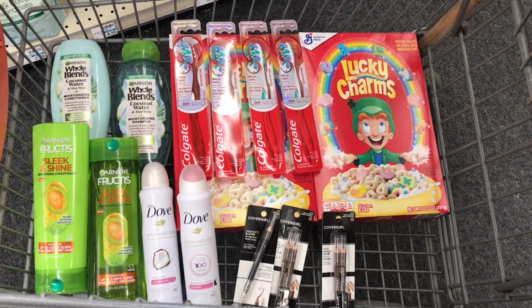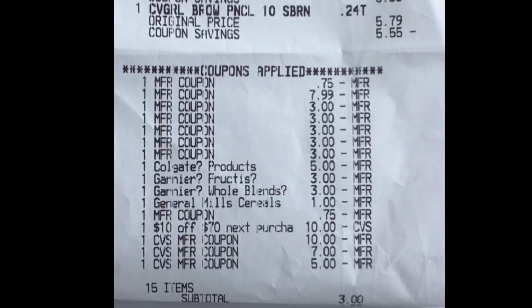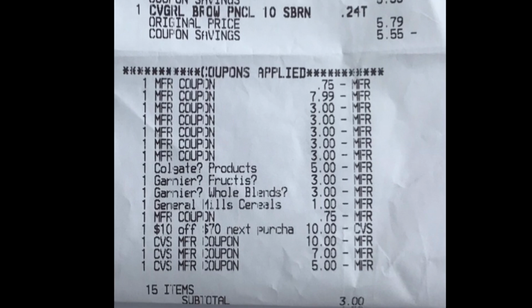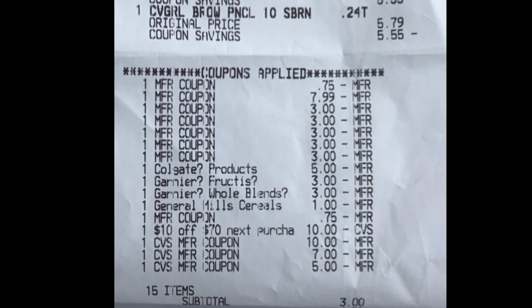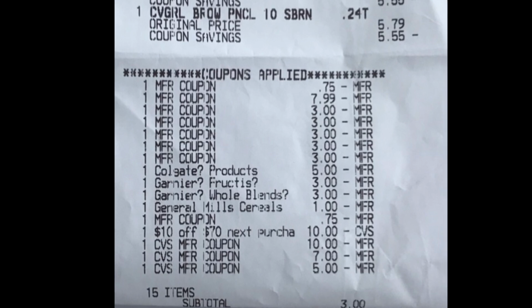Let me go check out, and I'll be back with my receipt. I'm back with my receipt, and I picked up all the items I showed you guys, and everything worked out like expected. All my coupons came off, the BOGO coupon came off, and also my $10 off $70 came off as well. I ended up using $22 Extra Care Bucks to pay for this, paid $3 out of pocket, and